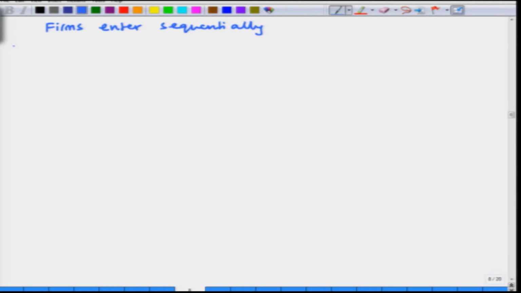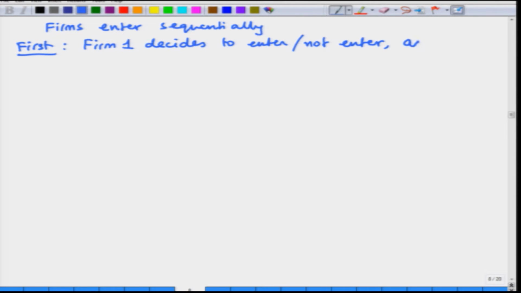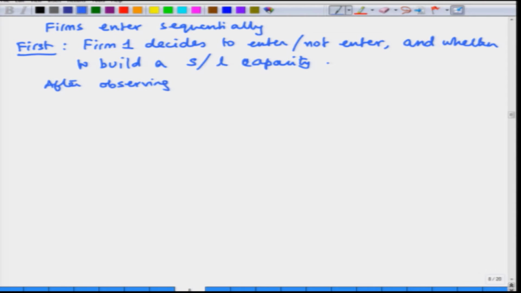So, in stage 1, first firm 1 decides to enter or not enter, and whether to build a small or large capacity. After observing firm 1's choice of capacity,